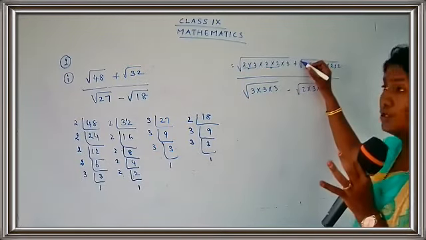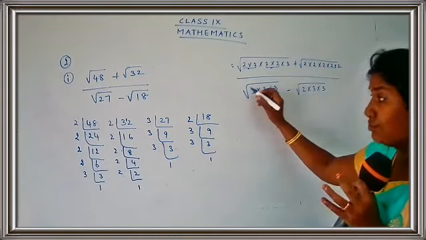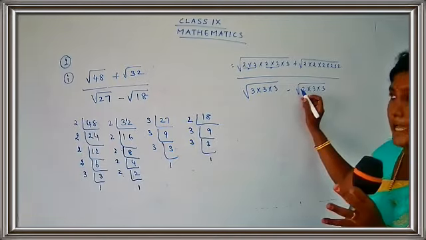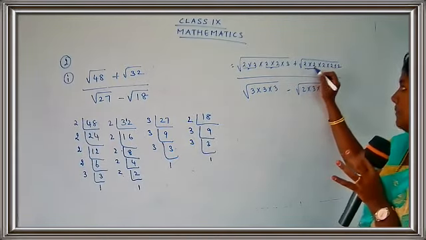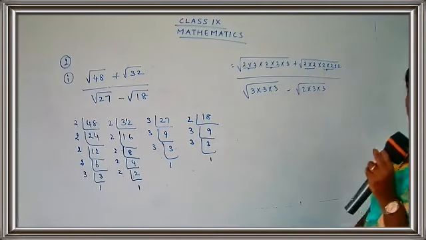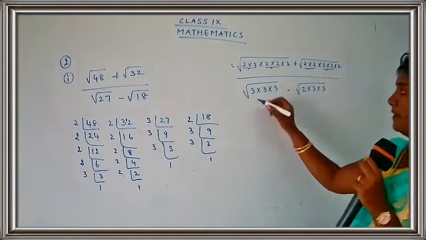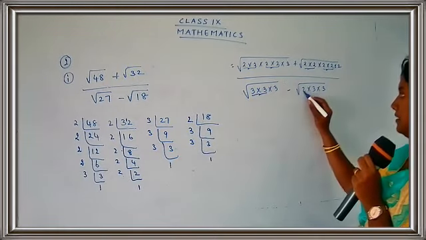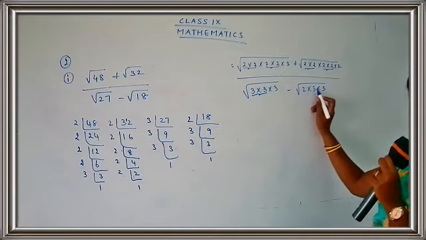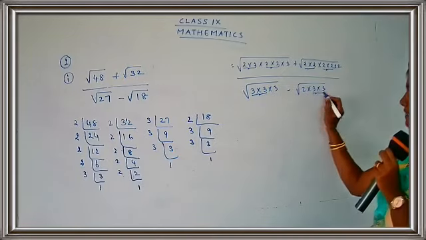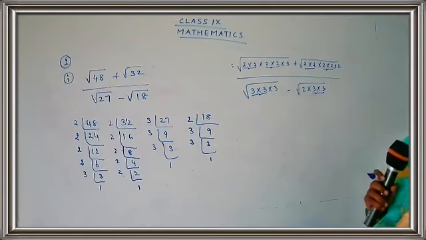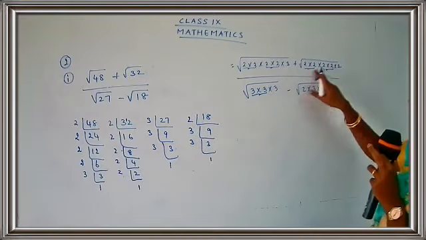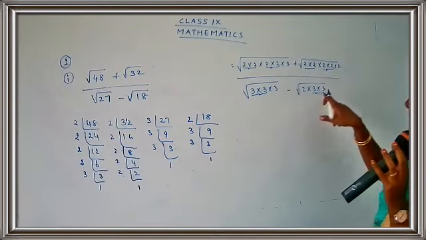In the same manner, here also the root index is 2. What is the index here? It's 2. So everywhere you are going to pair two numbers at a time. So let me pair over here. Again I am going to pair this, and this. Now here I have these two numbers as a pair. Then here 2 into 3 into 3. I cannot take 2 and 3 because they are different numbers. So I will take 3 and 3. That is 2 into 2, 2 into 2 here, and 3 into 3 and 3 into 3.